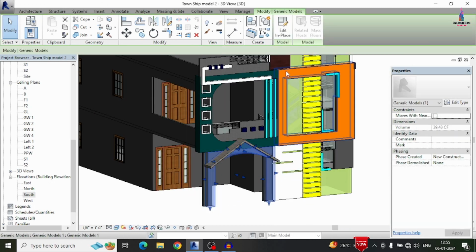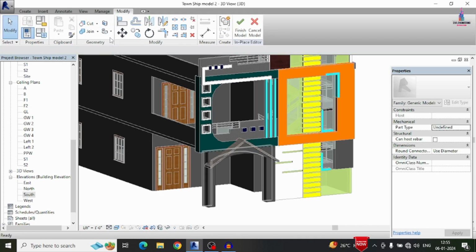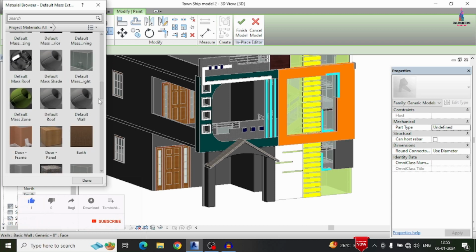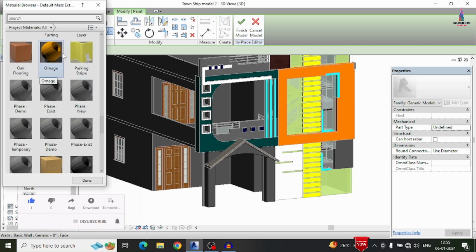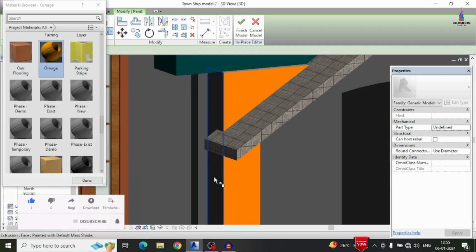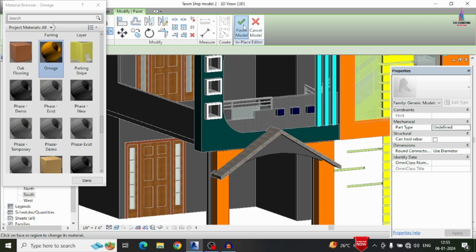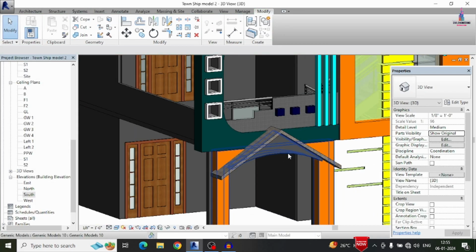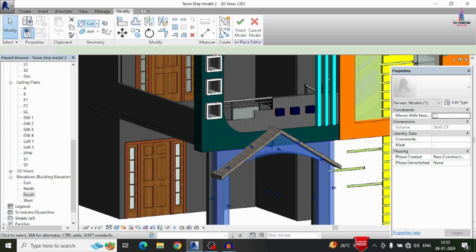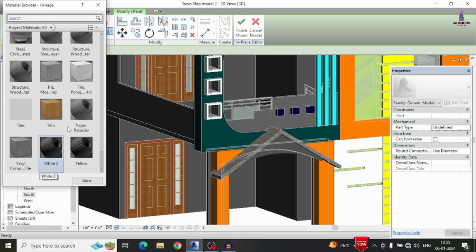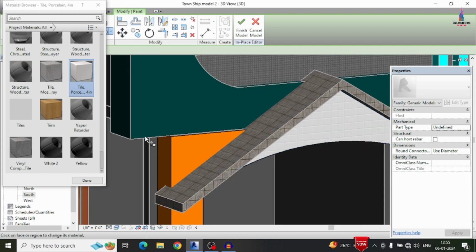Again in the same process we will apply the orange color for this pattern also. Here I am selecting this. This time selecting this paint option. Depending upon your color combination, you can select the color. For simple understanding only, I am selecting some 4 or 5 color pattern combinations. Here you can see it will be applied like this. Again in the same process we will apply some color pattern to this bottom extrusion. I am selecting this pattern, again modify, paint. Again I am selecting this secondary white pattern section. You can see it was applied here like this.